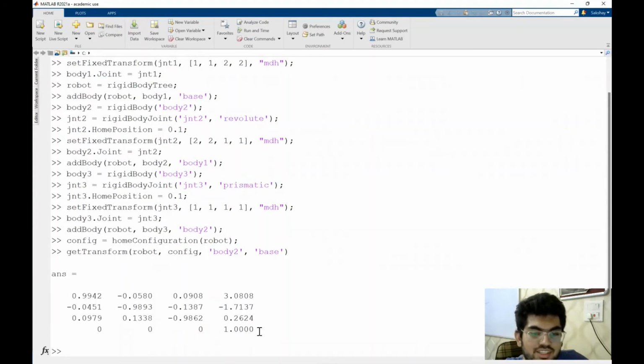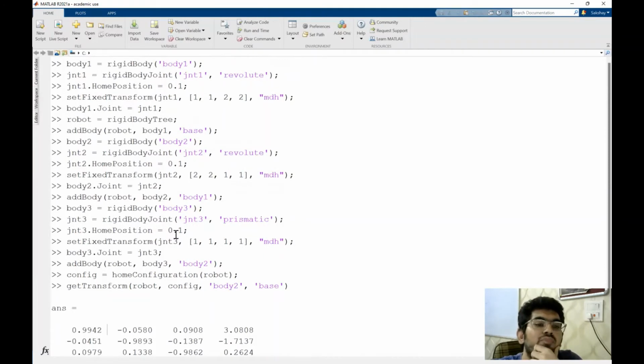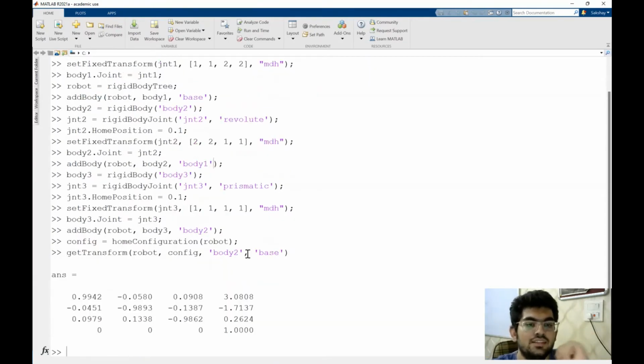Okay, so this is a transformation that we get. Now, one cool thing that I noticed in MATLAB is that you can create robot bodies that are not only sequential, but also branching. Like in this, we are deciding after which body the other body should be added. This is a really cool feature, which we have not included in our robot, which we can include in the future. Currently, our robot implementation only allows serial robots, one after another. But here branching is available, so we can look into this in the future.